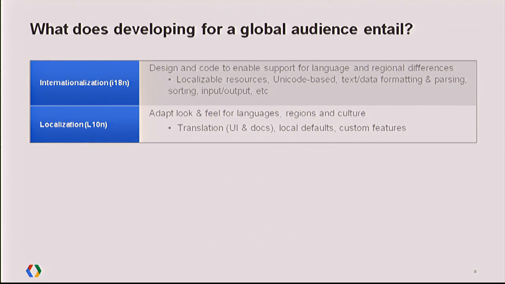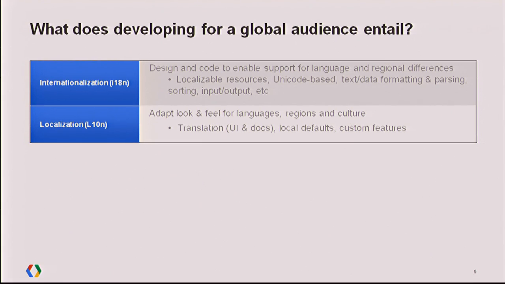What does internationalization mean? It essentially means designing and coding to enable support for languages, countries, and cultural differences. It includes things like extracting your strings for localization, presenting date, time, currency, number formats in the local relevant form, sorting in language-specific ways, able to work on or process user input in the given language. It also means handling bidirectional display in Middle Eastern languages, handling diacritics for Central European languages, handling double byte characters for East Asian